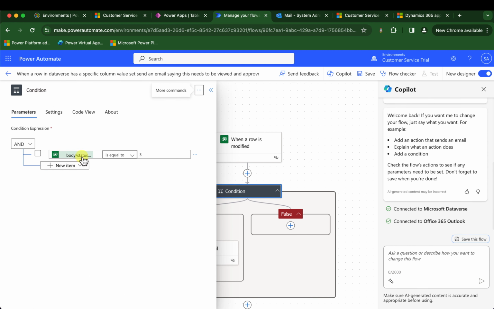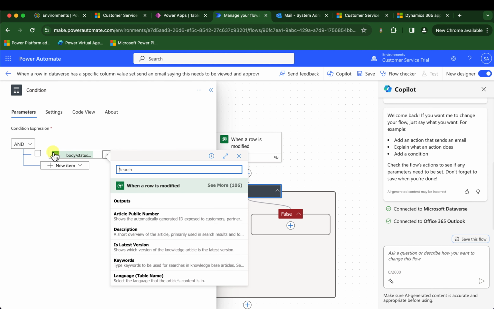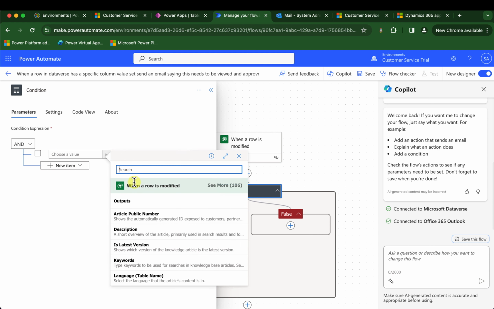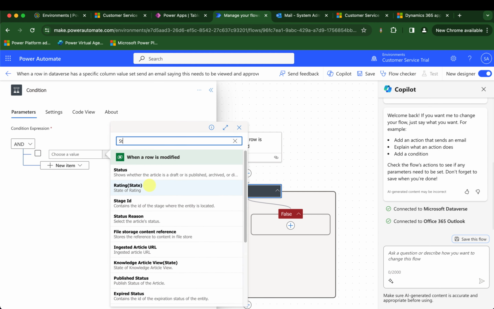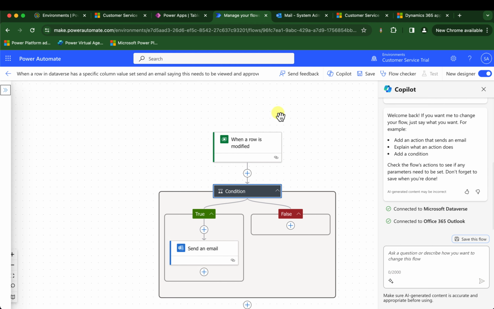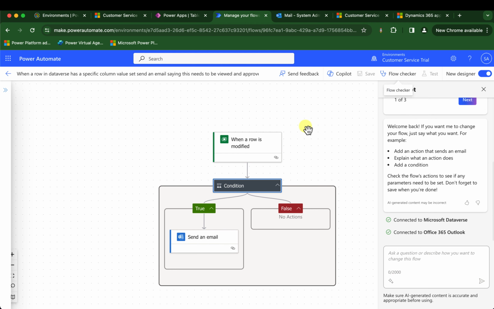So I'll click into the condition, and here, yeah, it says body and then that status code. So here, when I hover over it, I should see it, or we'll just take it out. I'll just take it out and I'll replace it with status reason, like I mentioned before. So status reason, type in the display name, but we still want to set the value as 3.